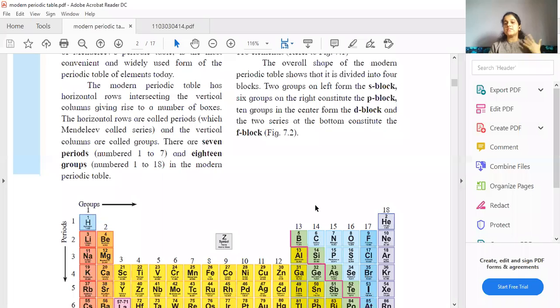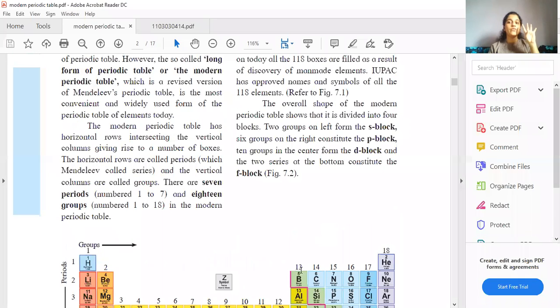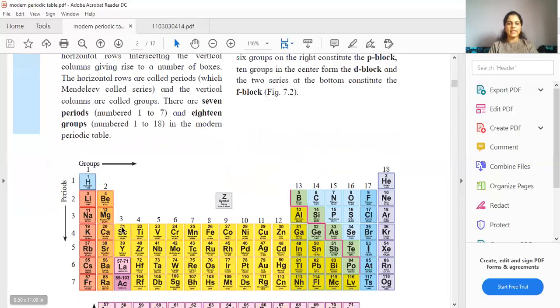Now students, these 4 blocks SPDF resemble the 4 subshells. Outside your nucleus there are shells, the orbits in which electrons revolve. Those shells are labeled: the first shell is K, then comes L, then M, and so on. But inside each shell there are subshells present. Up to a max, there can be 4 subshells: S, P, D, and F. Sometimes some of the subshells also have bifurcations inside them. We'll get to that when we study electronic configuration.